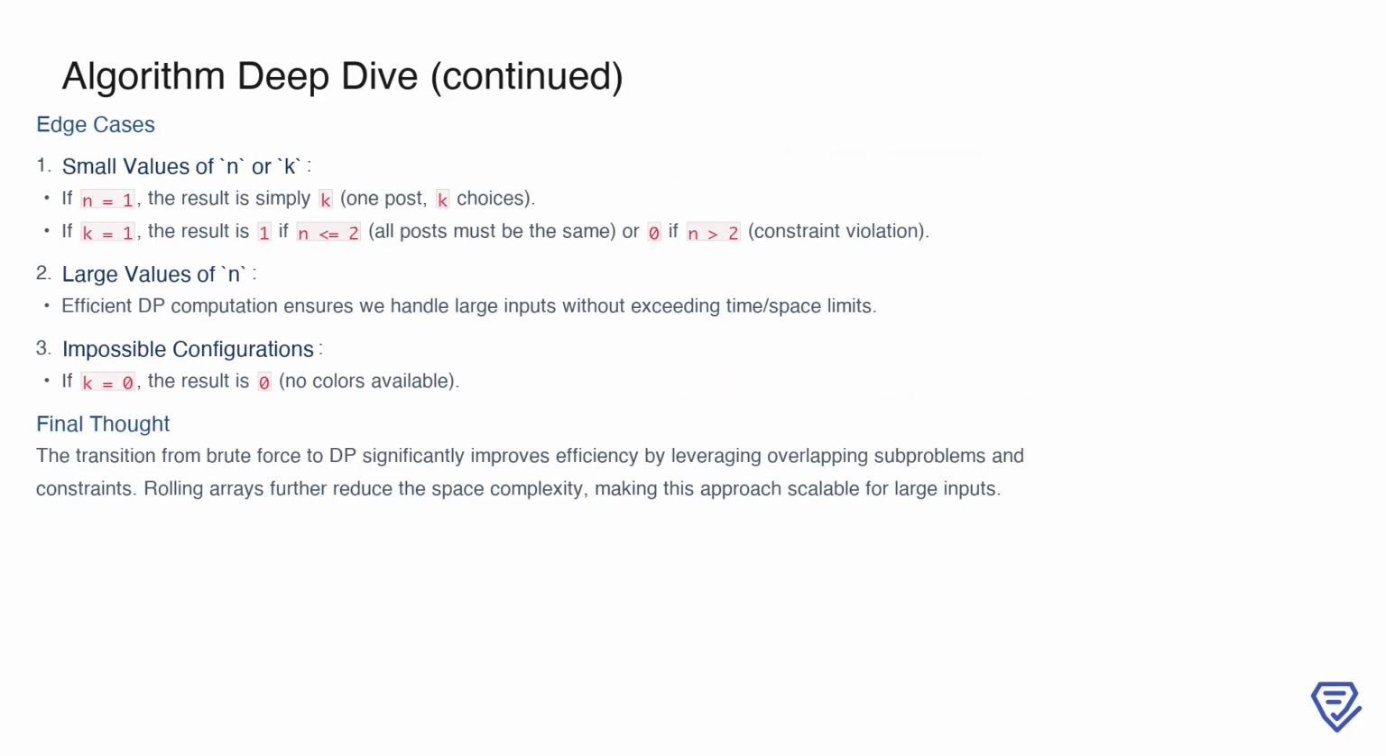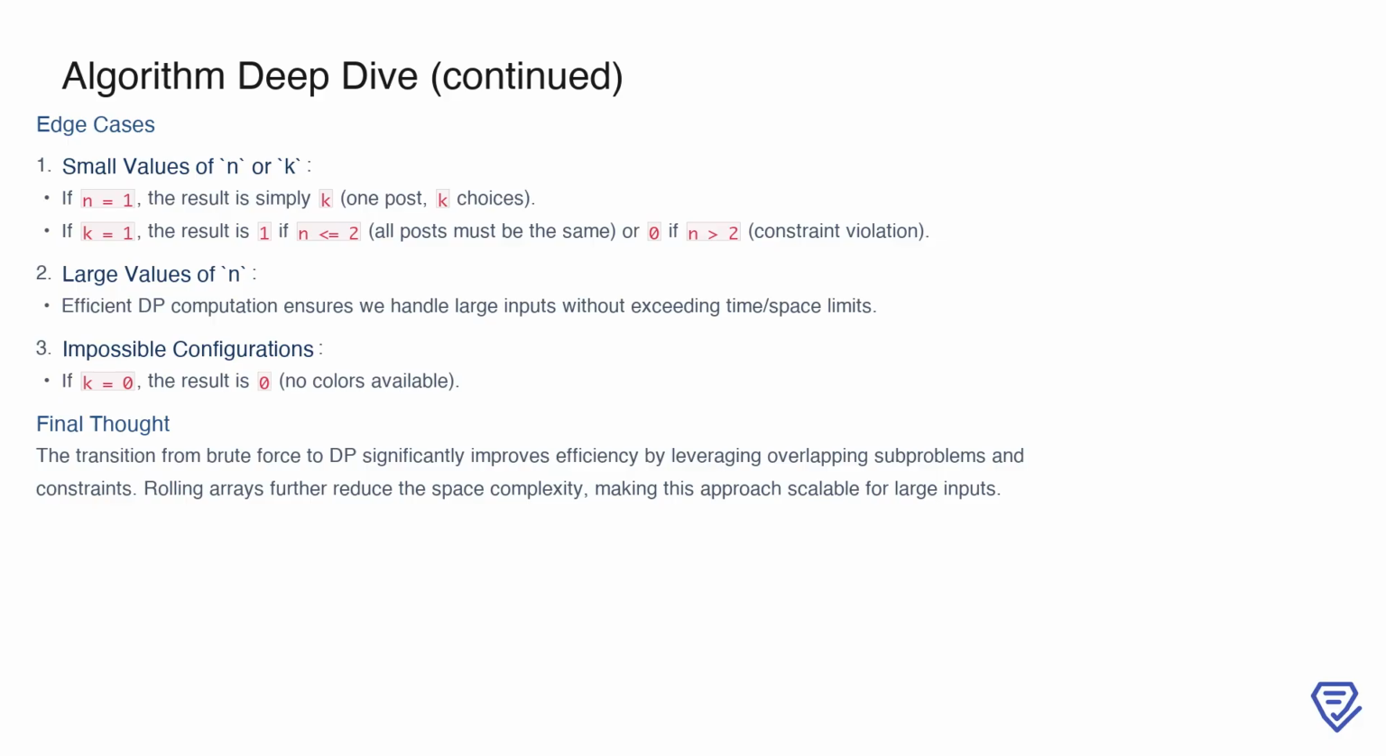When considering edge cases, small values of n or k provide quick solutions. For example, if n equals 1, the result is simply k because there's only one post to paint. If k equals 1, the result is 1 if n is at most 2, since all posts must be the same color, but 0 if n is greater than 2, as this violates the constraints. For large values of n, the DP approach ensures efficient computation without exceeding time or space limits. It's also crucial to handle impossible configurations, such as when k equals 0, where the result is 0 because no